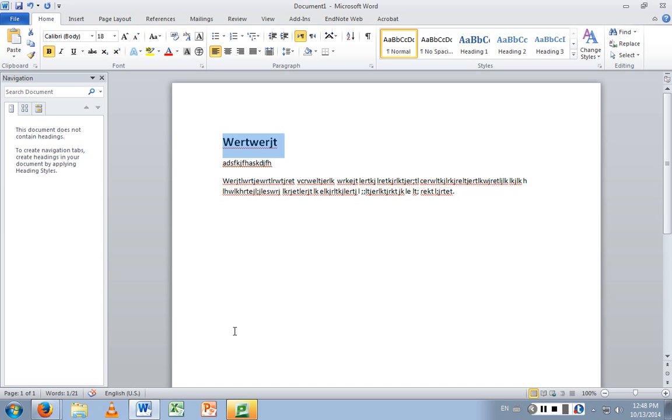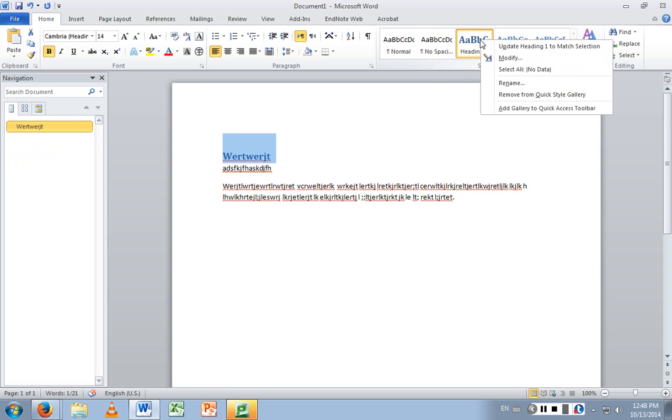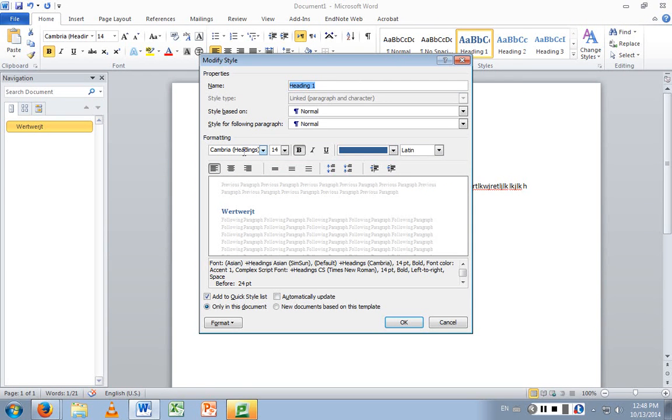So there's this idea in most software now that there's something called a style sheet, and right here this is sort of the style sheet that comes out of the box with Word, right? And you use the style sheets, you say this is a heading 1, and then somewhere else, and it happens to be here, if I can click these and modify, here's where I say what I want my heading 1 to look like.